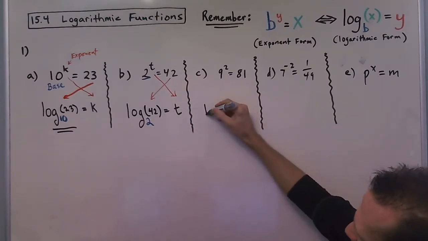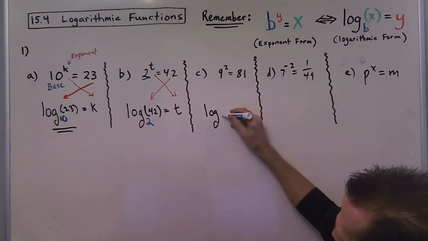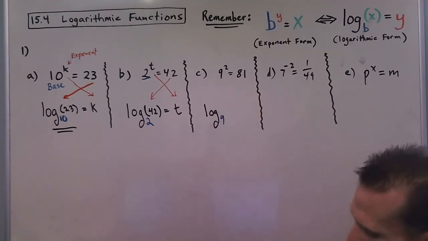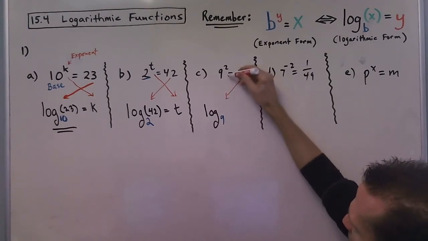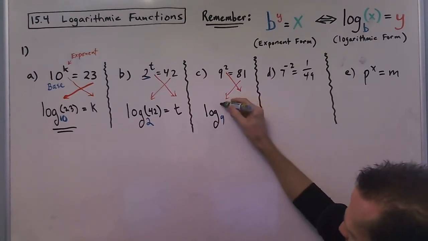Write the word log. Drop the base of 9. So we say log base 9. These will switch sides here. Okay. And we get log base 9 of 81